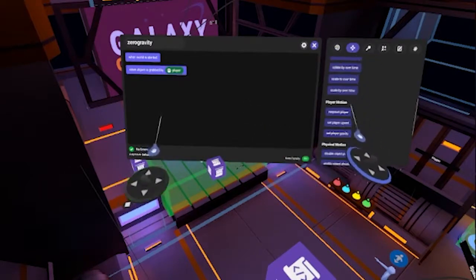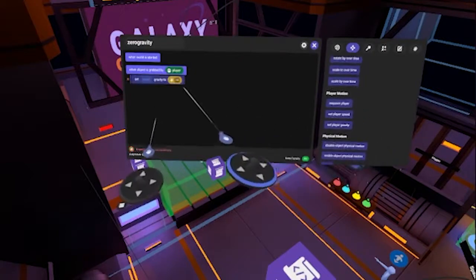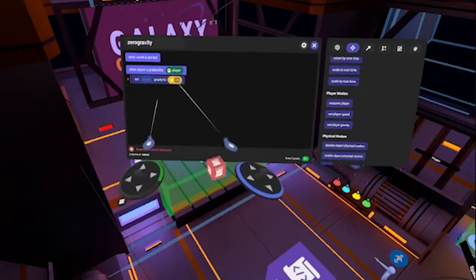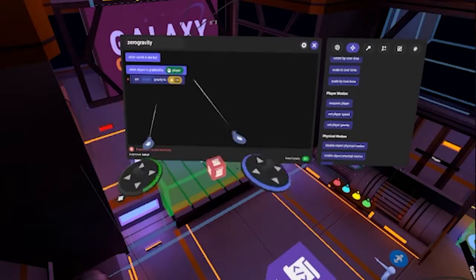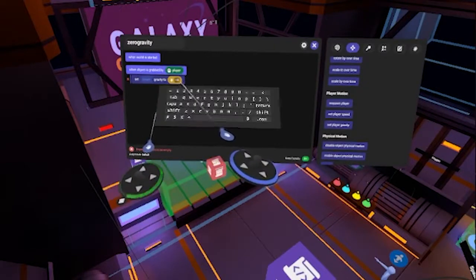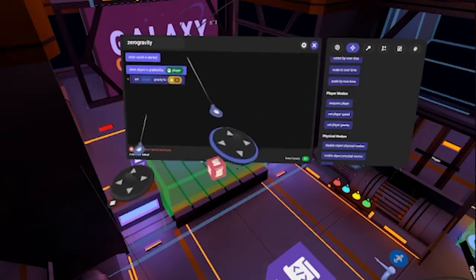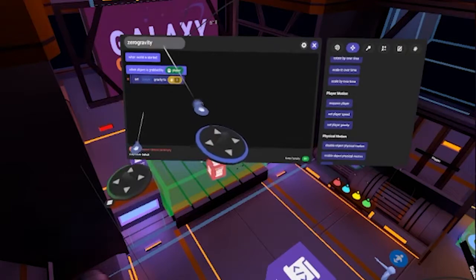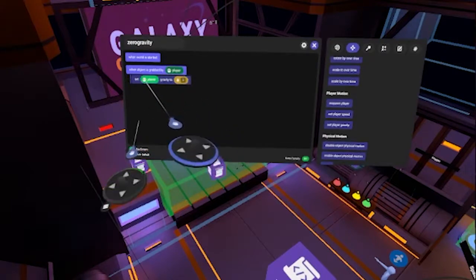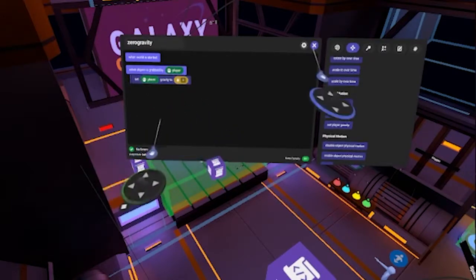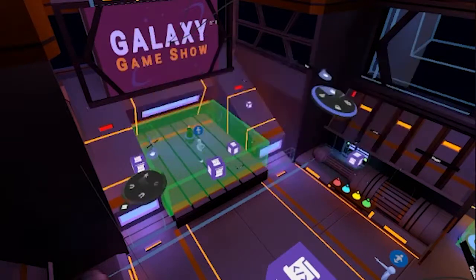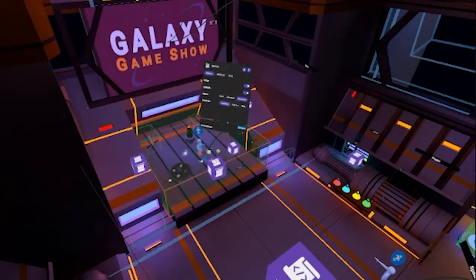Next, in the motion tab, we'll add a code block that says set blank gravity to 9.8. Player's default settings are 9.8 for gravity in Horizon worlds, so we can change this to 2. Then, the player variable in the when object is grabbed by player code block, drag it into the set gravity code block.